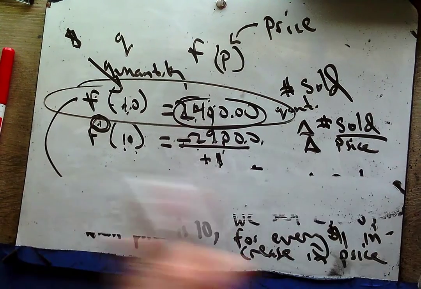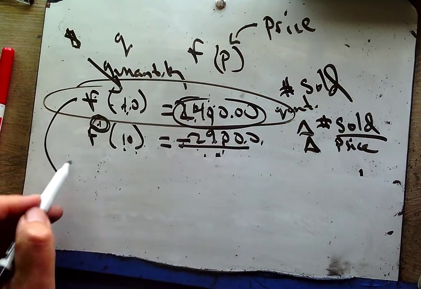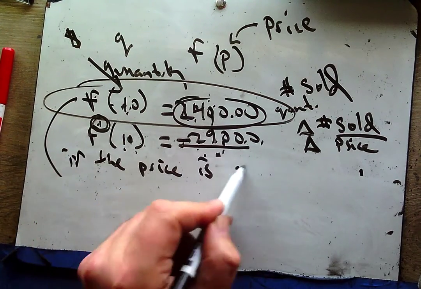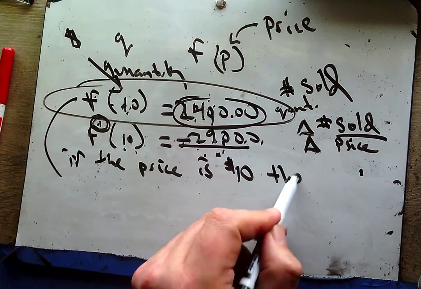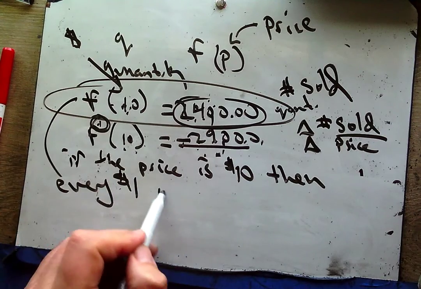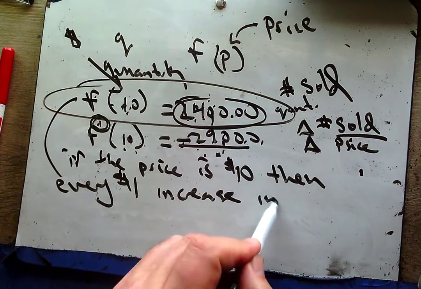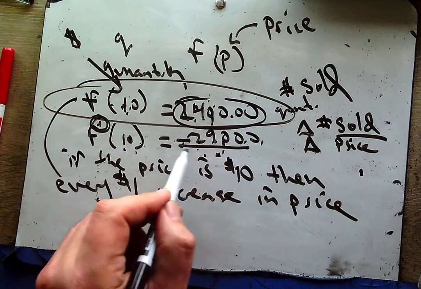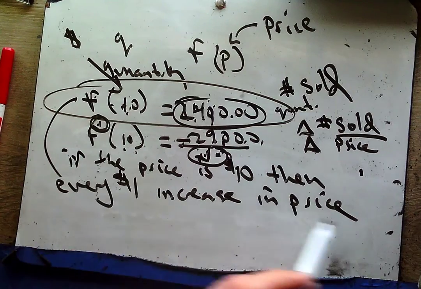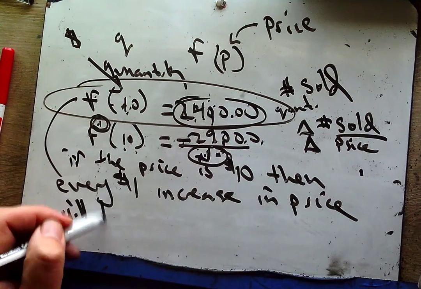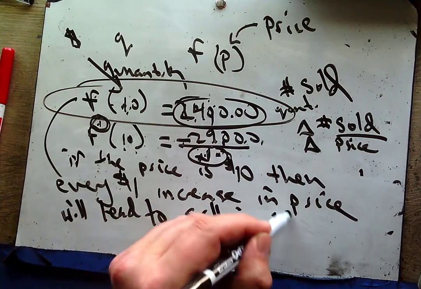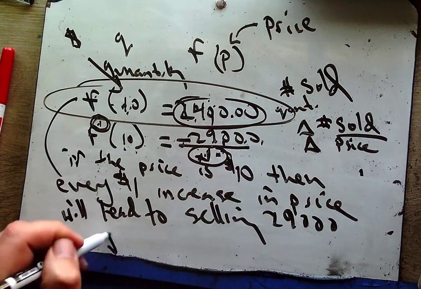And so what I can say here is, if the price is $10, then every $1 increase in price, that's this part on the bottom, because I have that positive 1 down there, every $1 increase in price will lead to selling 29,000 fewer